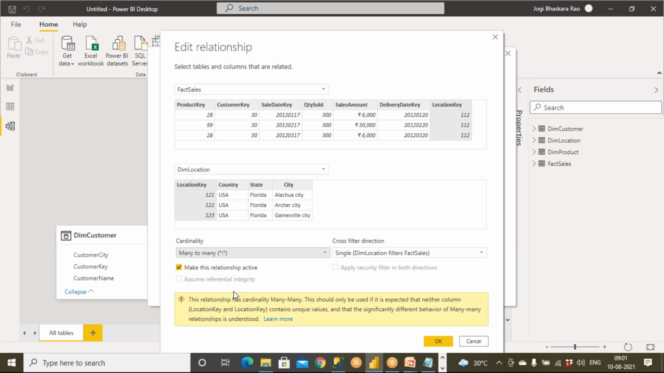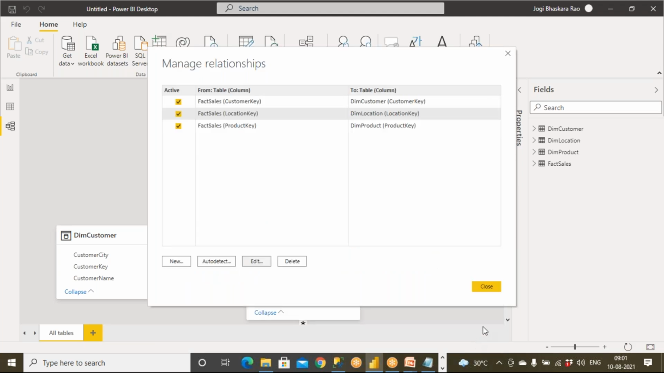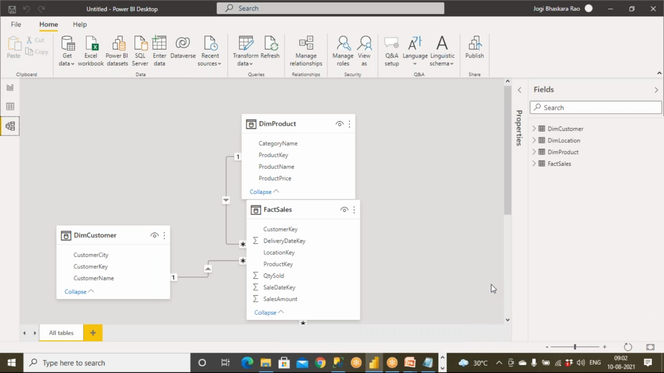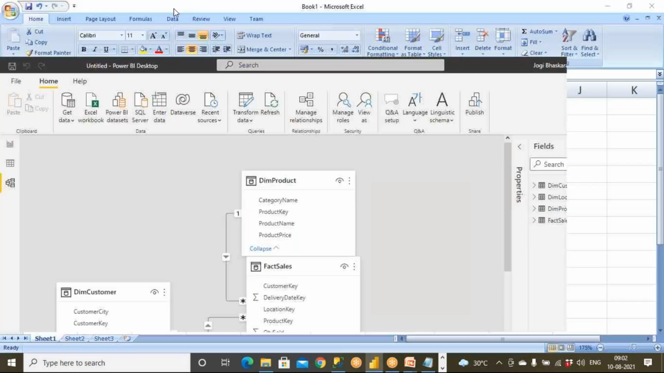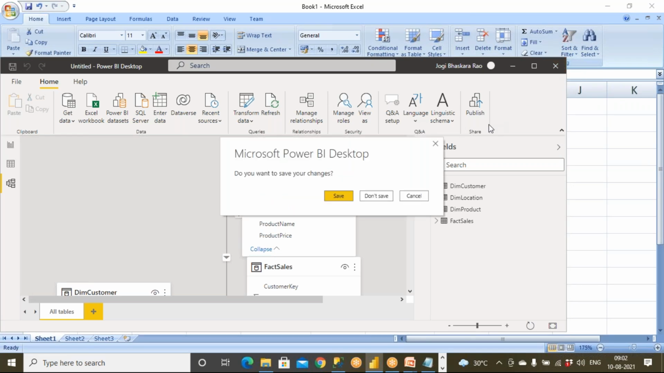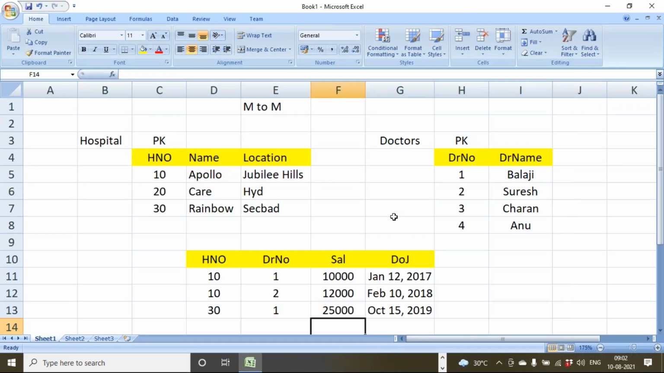So how do you implement with a bridge table? How do you implement without a bridge table? These two things we need to understand. Clear? I wanted to get some data, and I wanted to implement many to many without a bridge table and with a bridge table. Are you clear? So